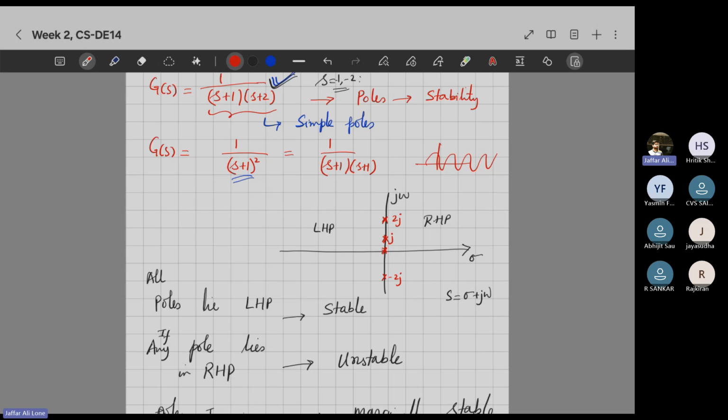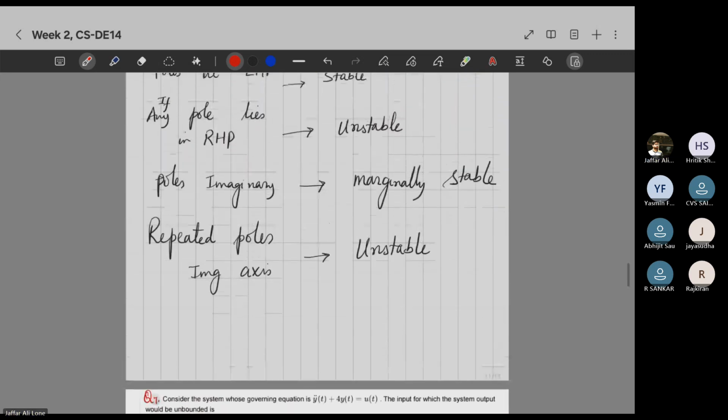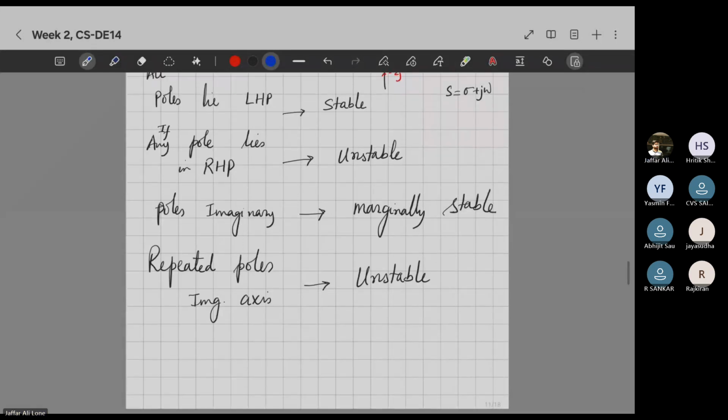Now, what does this mean? Stable, unstable, oscillatory, marginally stable. What does it mean? Just explaining in simple terms. See, I have a system, a transfer function. As you saw, you give some input and you get some output. So this is time and this is your output. Let's assume this is y of t, in the time domain. So if you give some input to the system and the output is like this,